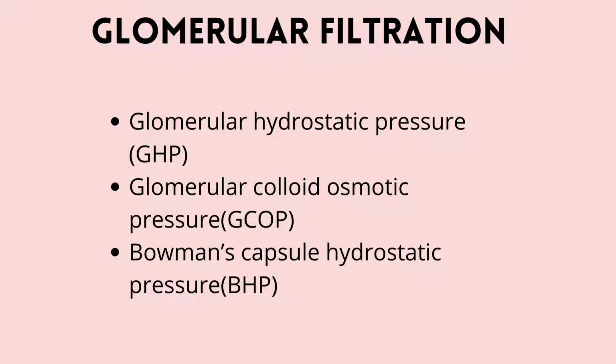So what is hydrostatic pressure? Hydrostatic pressure is the pressure created by the blood flowing in any artery, or any blood vessel for that matter. This hydrostatic pressure is always an outward pressure. It's always a positive pressure. An outward pressure and a positive pressure is the same. It always has the net tendency of pushing stuff out. So in this case, it wants to push stuff out of your glomerulus. So this is a good pressure because it is helping us perform the required function. The next one is the glomerular colloid osmotic pressure.